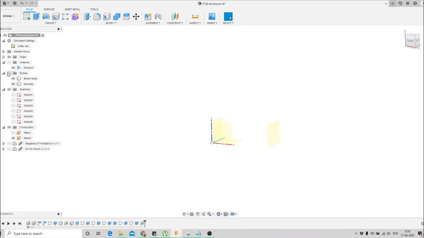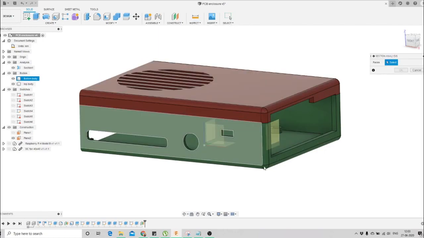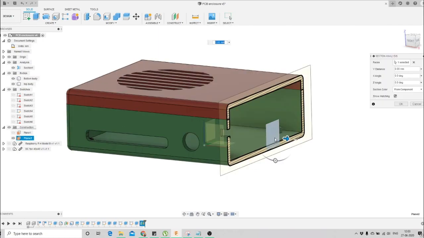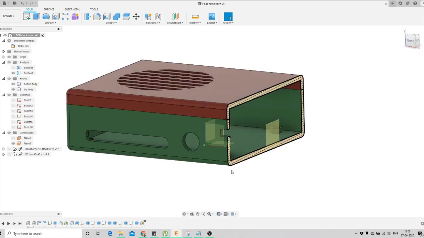Now we'll turn on our body, go to the inspect section analysis, and select this plane. So we are very clear that we are creating a snap fit joint sketch somewhere here. We press OK and turn on our section analysis, so we're able to see the section along this plane.